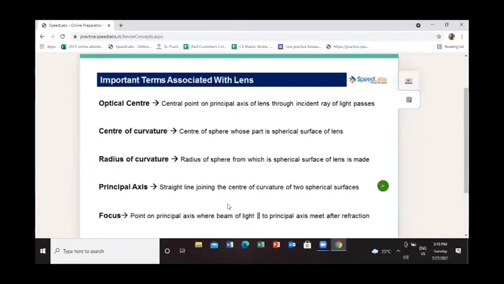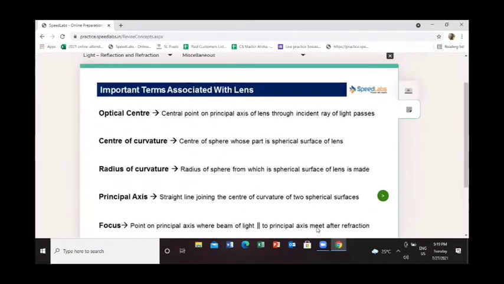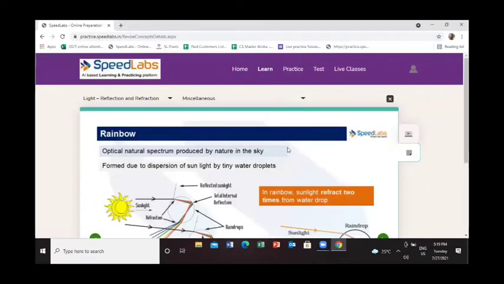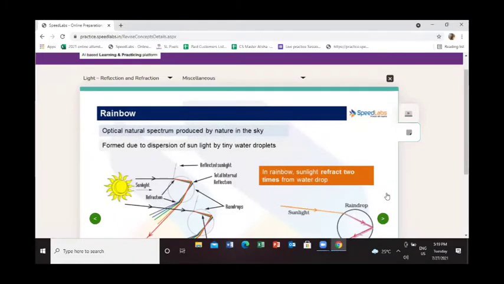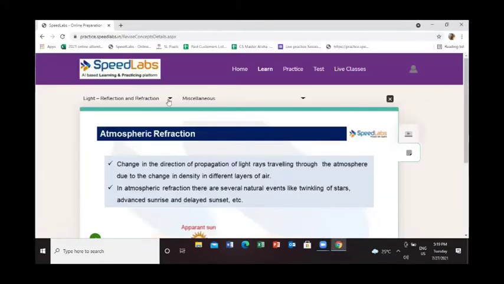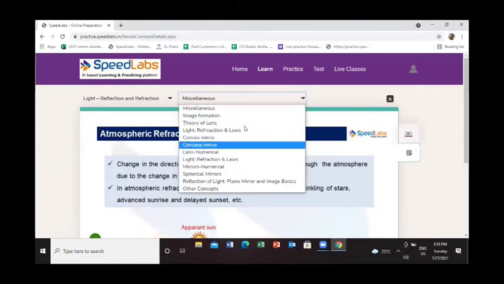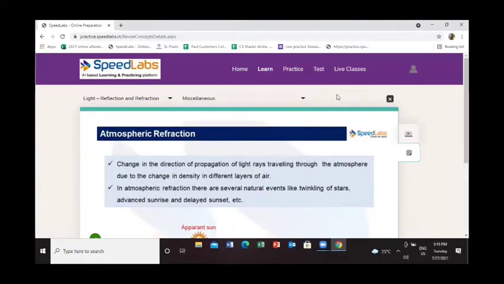What you need to do is just go through the concept, read the concept. Okay, very important, read it. If you click on the green bar tab here, it will move on to the next. Like this, you can keep moving on to the next. In case you want to switch to a different chapter, you can click here on the drop down and click the particular chapter. Here you can click the particular subtopic as well. This is how you will be reading your concepts.